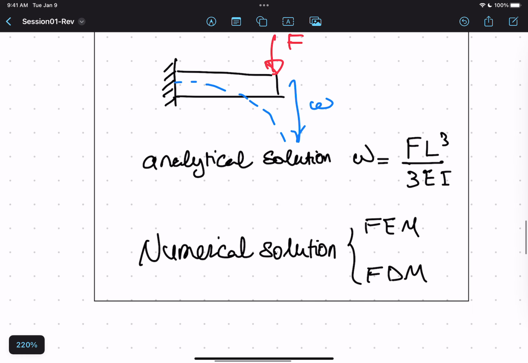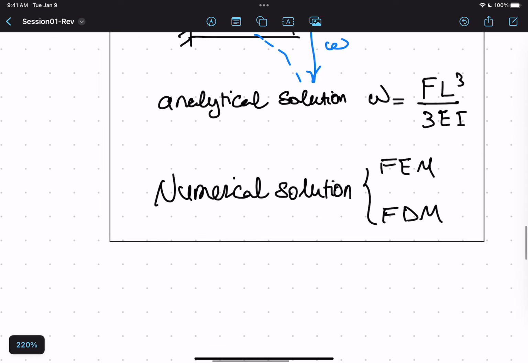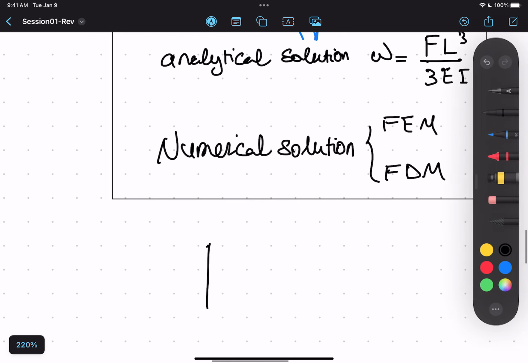Then we want to solve this problem with our numerical solution. For instance, we want to use the finite difference method or the finite element method. Then we want to make sure that our method and our solution work well. So the first thing is we build our FEM, for instance, and then we write a code,